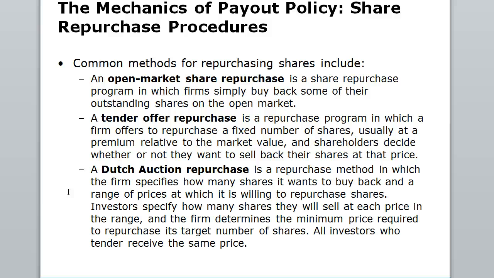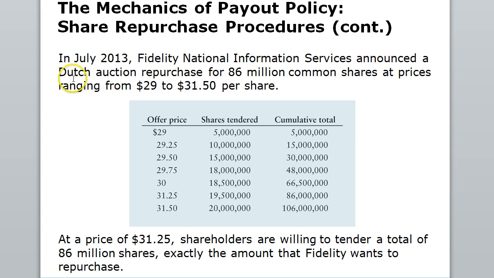So the game is basically you want to put a bid in for the stock at a price at which you think you'll get it, because if you go too high, nobody will buy it. And if you go too low, then you're selling your stock for too little. So the Dutch auction really is not the most popular way of doing it, but it has been used and still is used today.